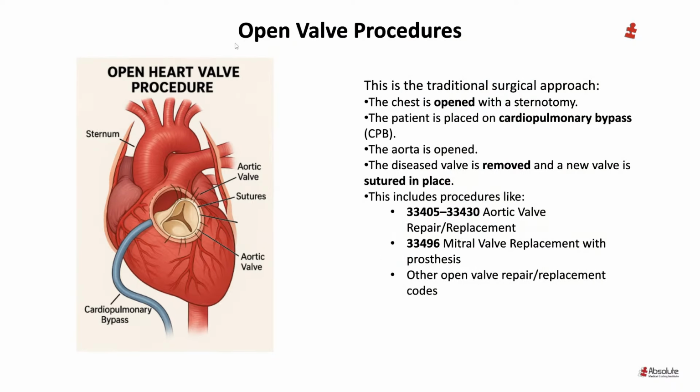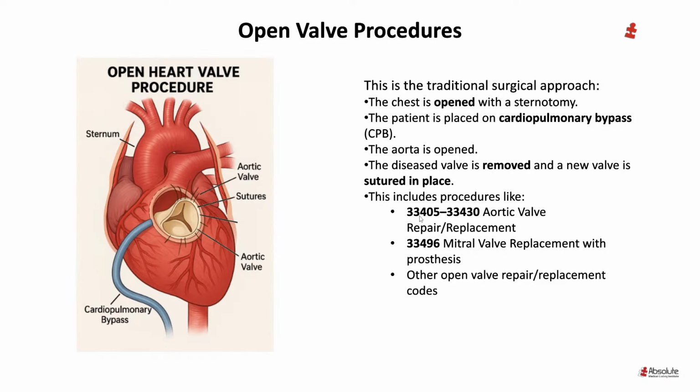So let's take a look at the open procedure, just to give you a little context. This is a traditional surgical approach. The chest is open, usually with a sternotomy. The patient is placed on a cardiopulmonary bypass machine. The aorta is opened, the diseased valve is removed, a new valve is sutured in place, and your procedure codes